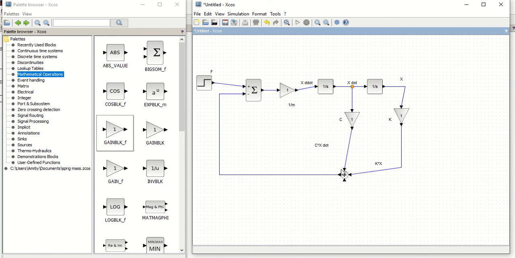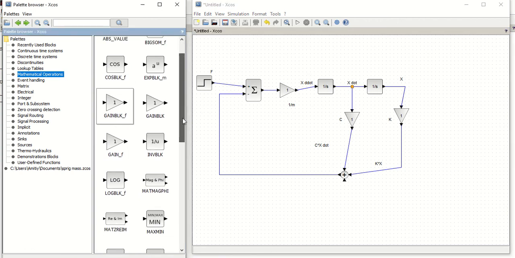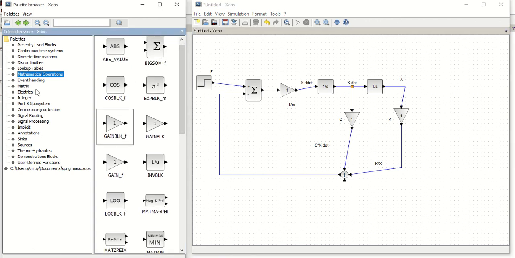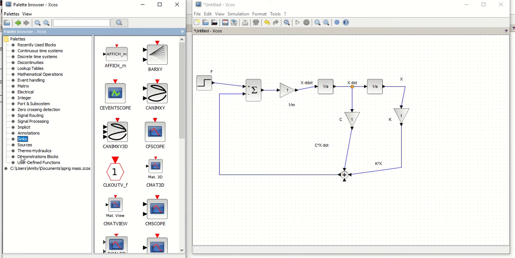So for that we will be requiring one display window, and the display window in XCOS is called CSCOPE. So it will be available in CSCOPE.